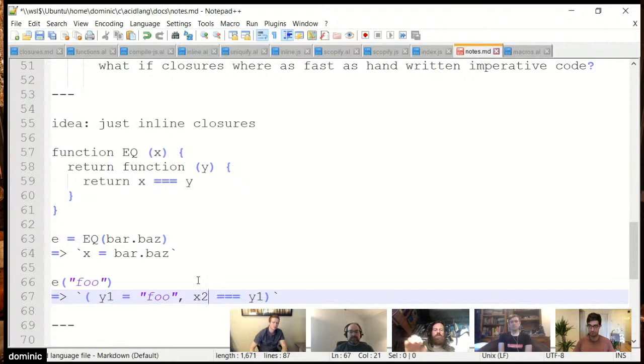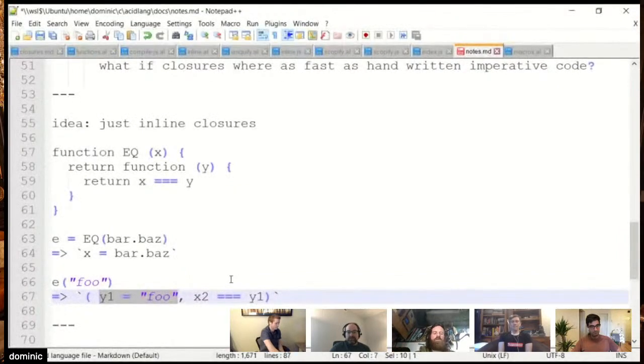It just makes the closures. It works the same as if the closure scope was shadowed correctly, but it doesn't actually know about the closure scopes anymore. And it comes out basically the same as if it was handwritten imperative code. Later, there would be another pass where you eliminate extra variables, so you can slim it down.